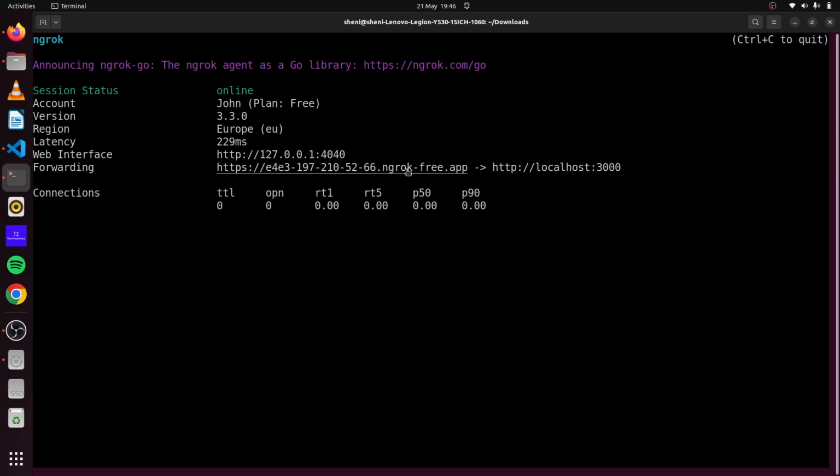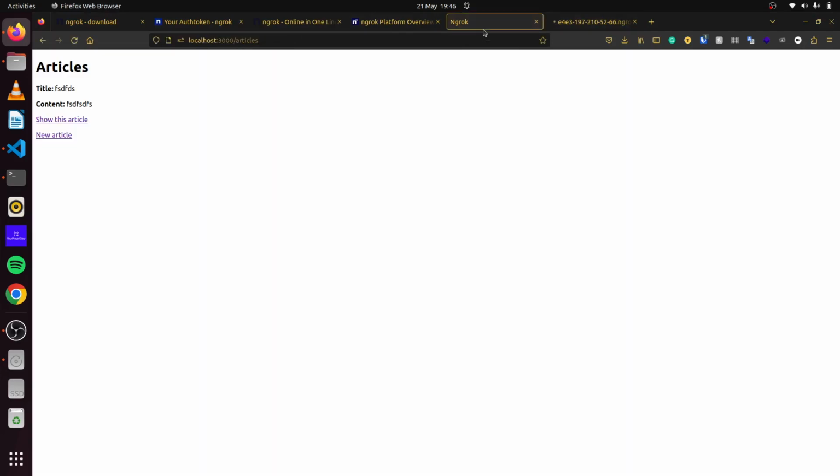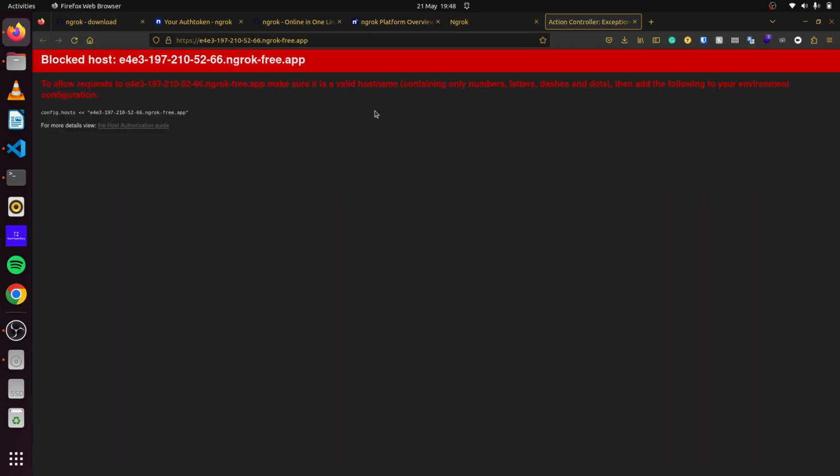So if we click on this, if we do control and click, you can see it takes us to this web page. It'll load up in a second. So once it has loaded up, you can see it tells us the host has been blocked. And to allow requests on this particular domain, we have to make sure it's a valid host name that has been accepted in our